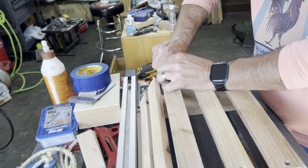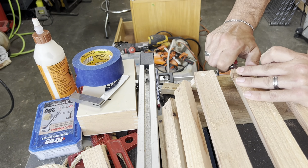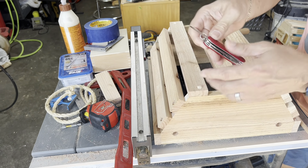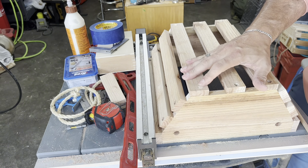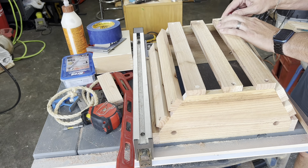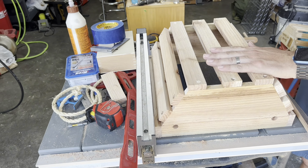Take your pocket knife or your chisel, and there you have it. Just cut it off flush. And the cool thing about using these plugs is it's the same material, so it's going to age the same. The grain, you can try to match it up. Chances are you're not going to, but that's it. Light sanding,